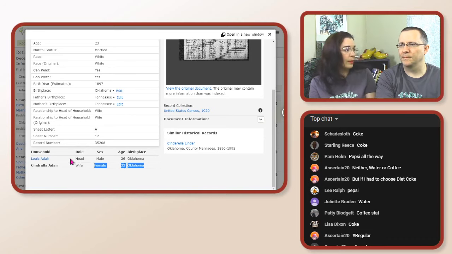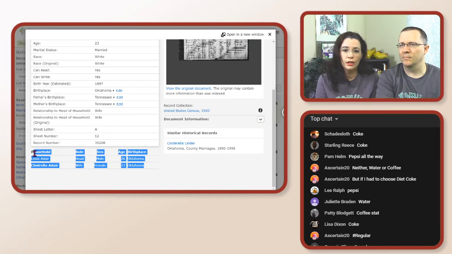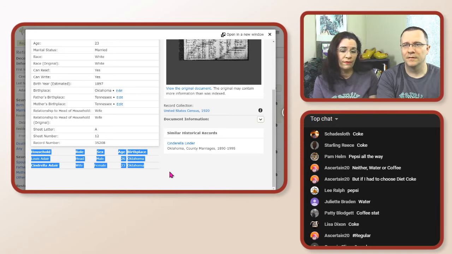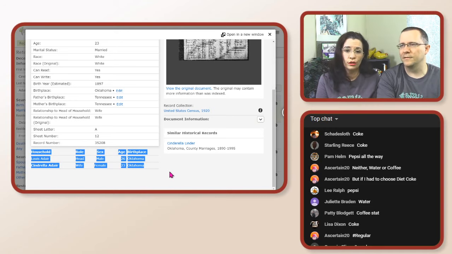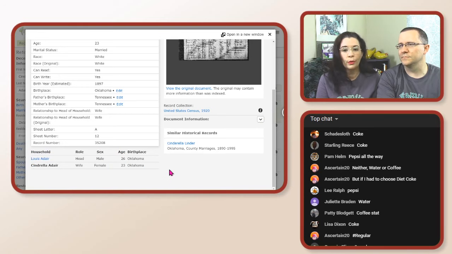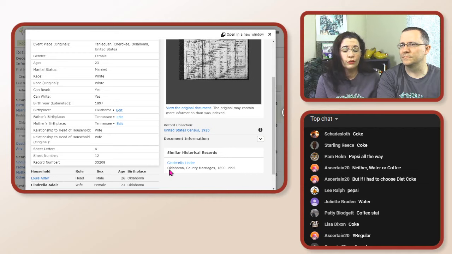Now, sometimes when you're searching in census records, people become hidden because they're using a different name. And sometimes if you want to find more records, you search for the other household members. So we could go and search for Louis Adair and figure out his age and where he's from. Go ahead and unhighlight that with the blue. You can go ahead and search for him to see if you can find more records, because maybe she's in